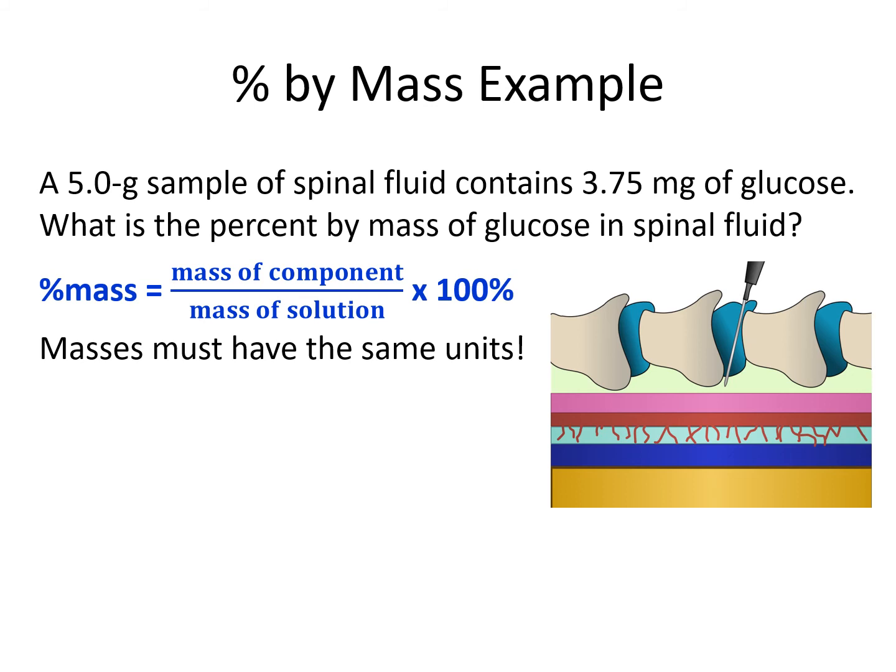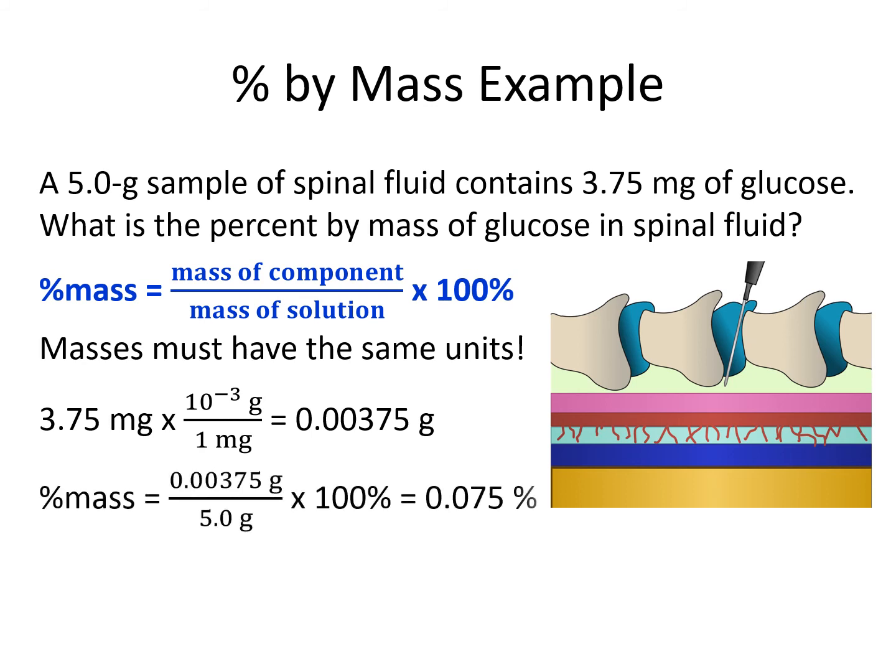The problem right now is that our mass of glucose is in milligrams, and the mass of the spinal fluid is in grams. So to get them to be the same unit as each other, we can either convert our milligrams of glucose into grams, or we can convert our grams of spinal fluid into milligrams. So let's say we convert our milligrams of glucose into grams. We would come out with